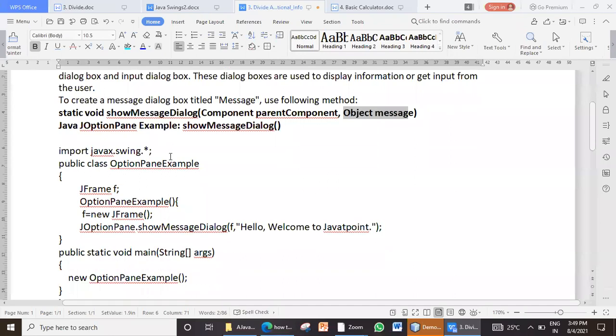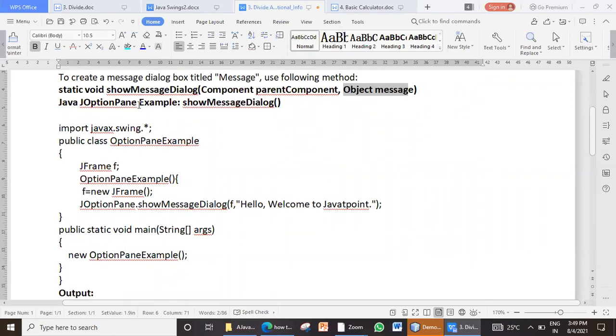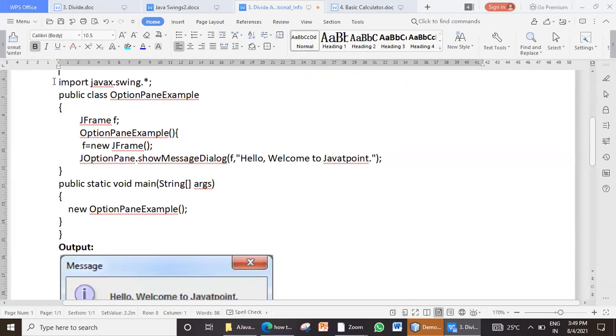So here the example is a small example program. This is a frame, and similarly, I will show you one applet also. These small programs you can try executing tomorrow after you have finished keyboard events and mouse events. After you have successfully executed both, then you can try this small program of displaying a small dialog box, and then you can go for the third journal program, that is division.